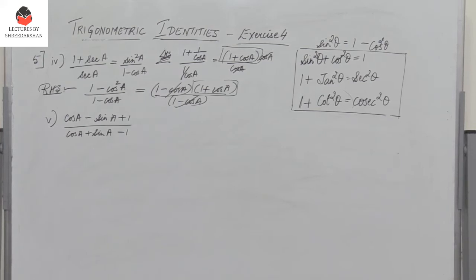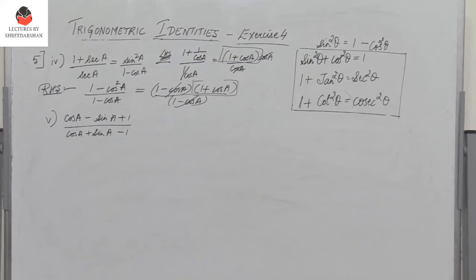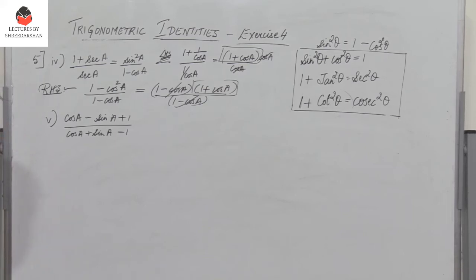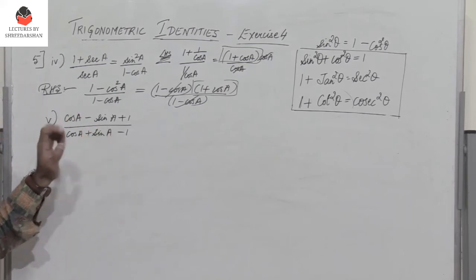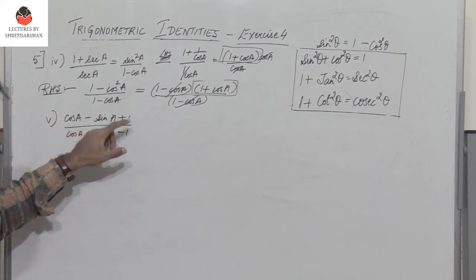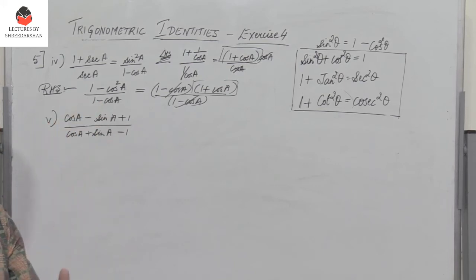Now I have to get this expression in terms of cosecant A and cot A. Now if I observe, neither do I have cot A, but cosecant A is 1 by sine A. So what is the easiest way for me to get cot A? The easiest way is if I divide this entire expression, that is divide the numerator and denominator by sine A, I get cot A. So first let us do that.